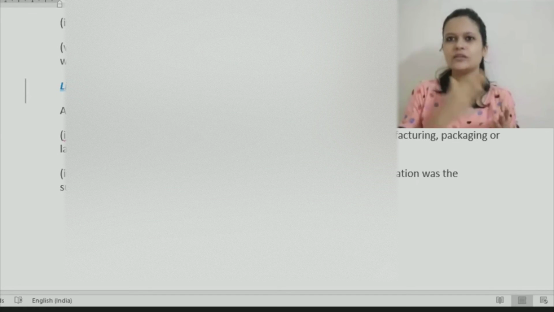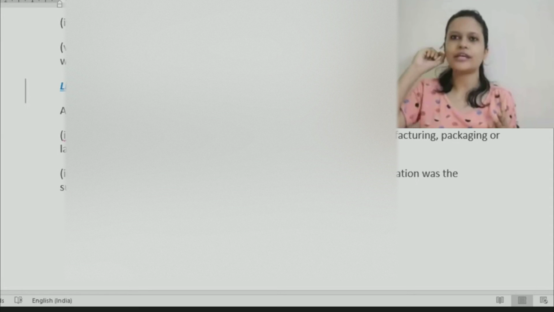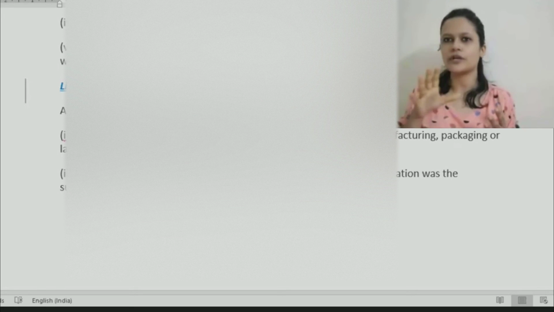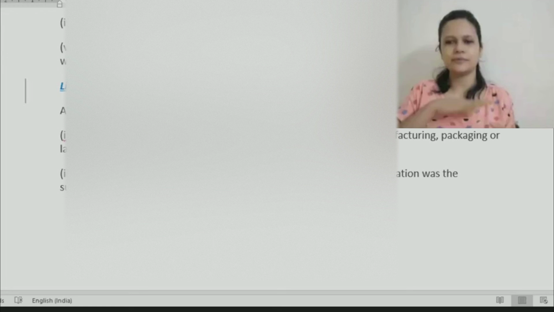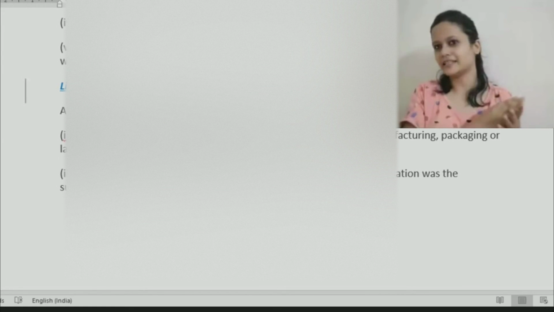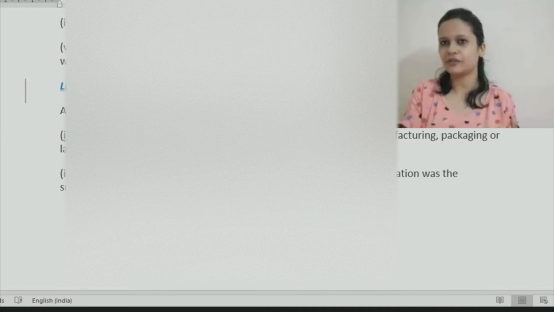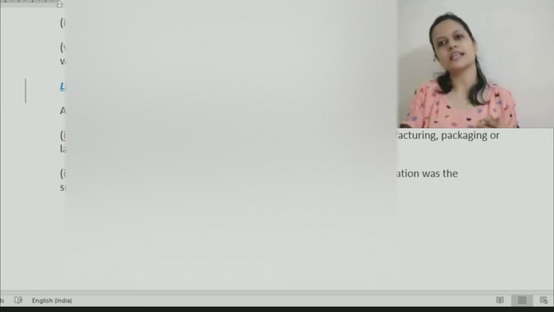He is getting it made from some other local carpenter. So he might go there and give proper instructions on how to construct a chair, a table, a bed, whatever. Now, if there are defects in the design or the specifications that he had given, and as a result the consumer suffered harm,